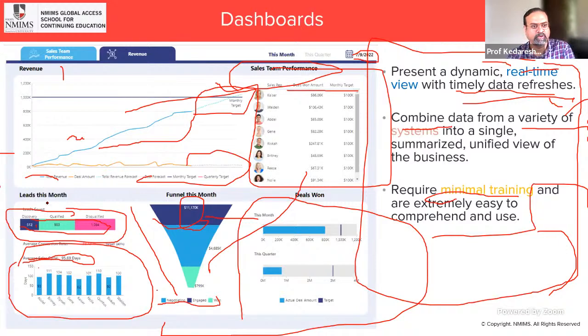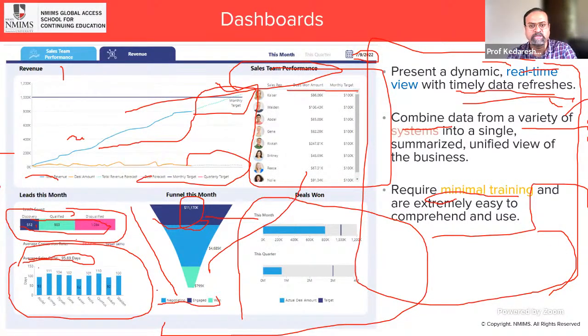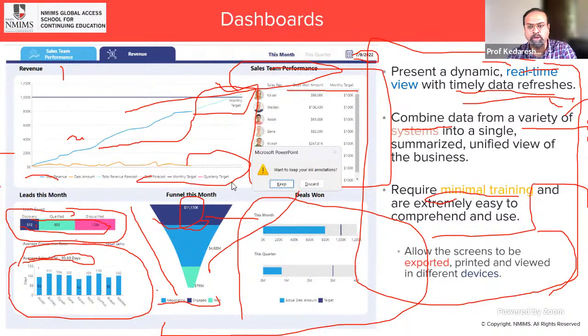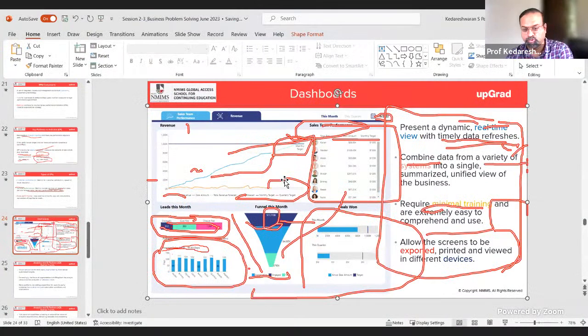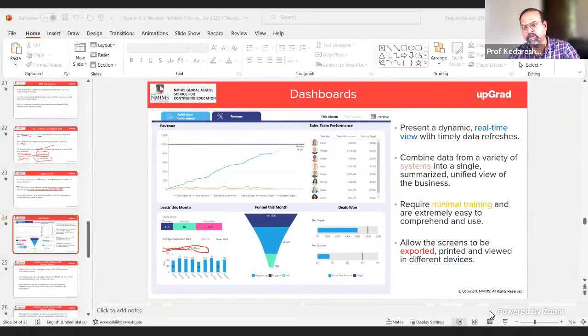So there will be formulas for just about everything, and those formulas have to be included in the design of the dashboard. So there are ways to create these formulas even in Tableau. So in Tableau also you have a lot of options where you can not only design your visualization but also create